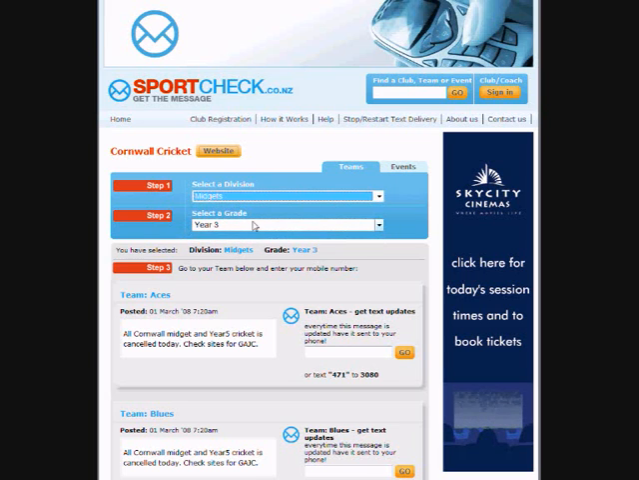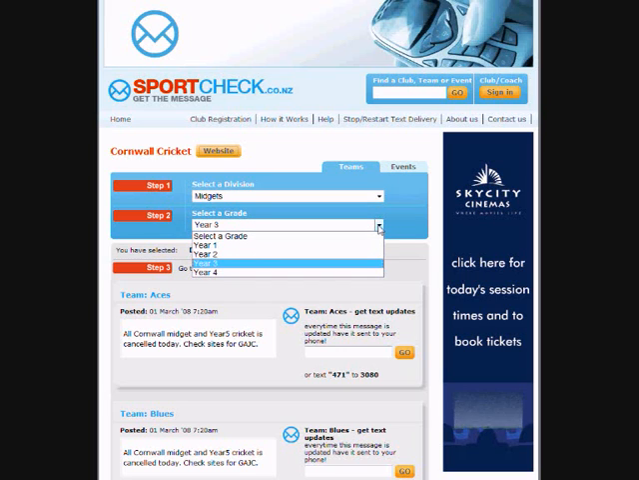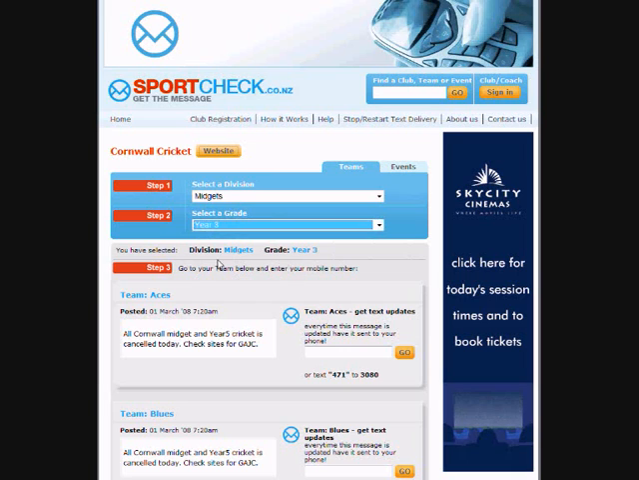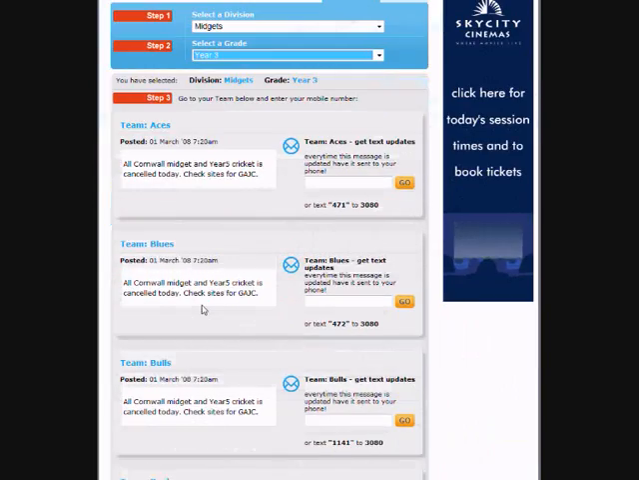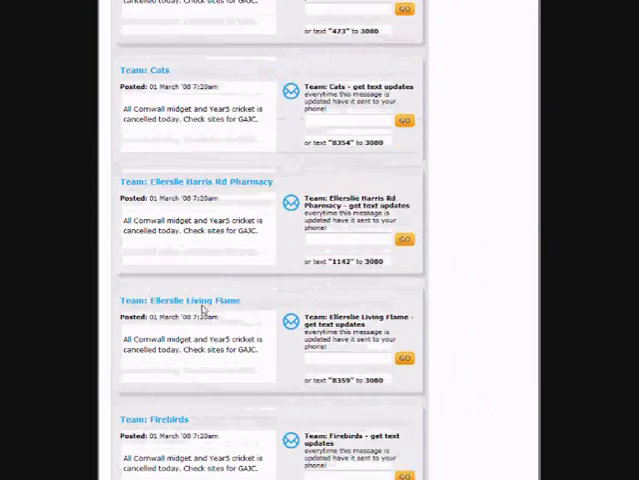Step 2 is to select a grade. Well, once again, we want year 3, which is also defaulted to. There are the other years 1, 2, 3 and 4, but we want year 3. So we can see here now it has brought up all the teams that reside within the midgets and year 3. This is only the Cornwall Cricket Club we're talking about here. So we scroll down and we just look for the Tigers team,